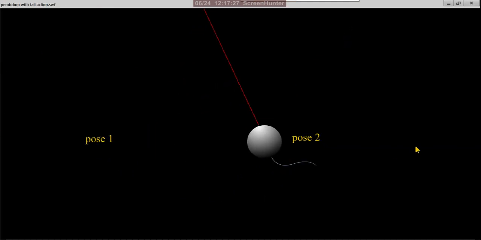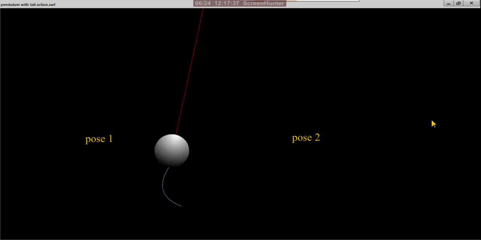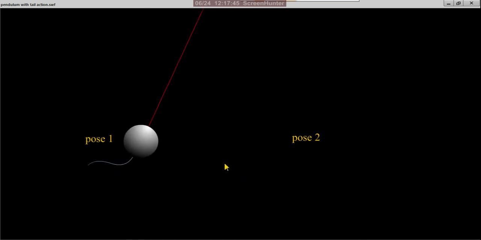Along with the pendulum, we attach a small thread type. It also swings along with this pendulum. That is the secondary actions, follow throughs, okay.